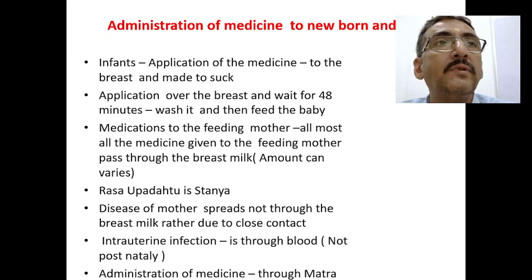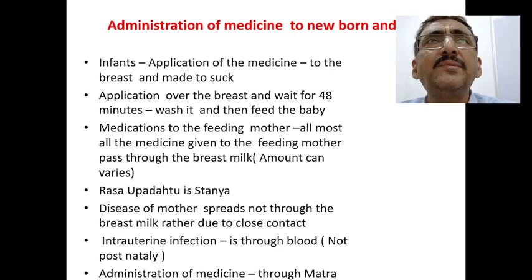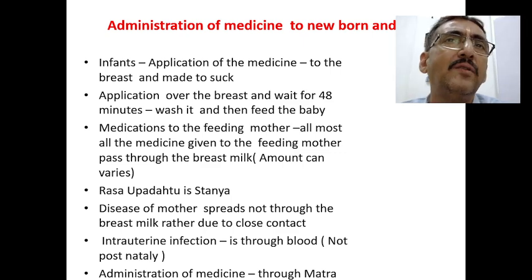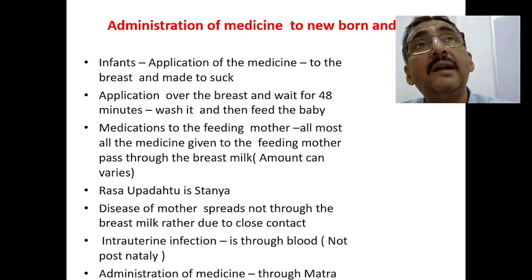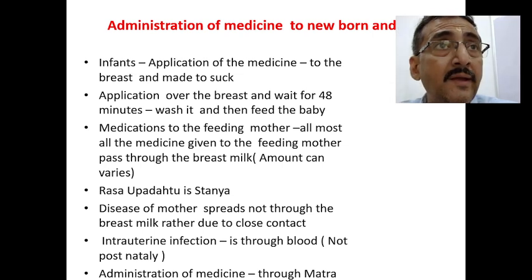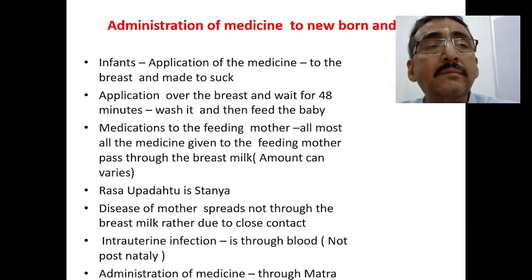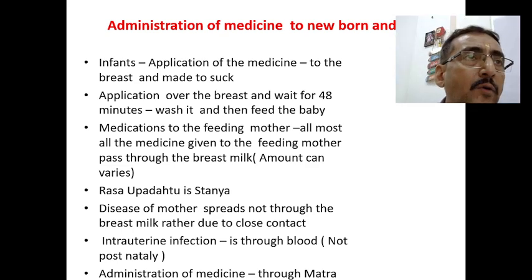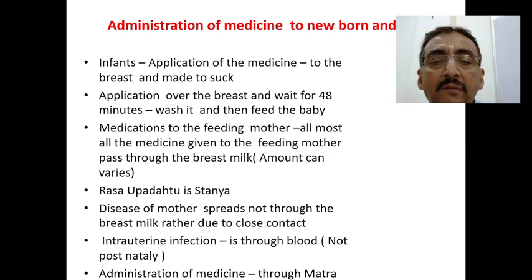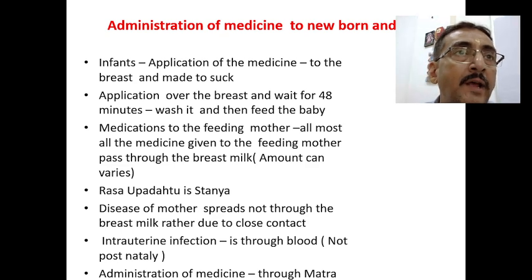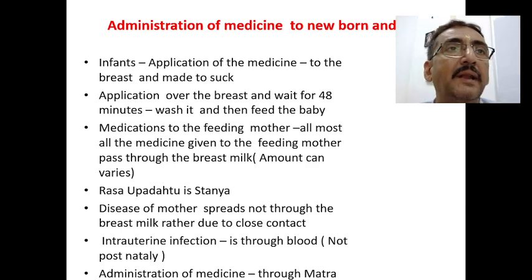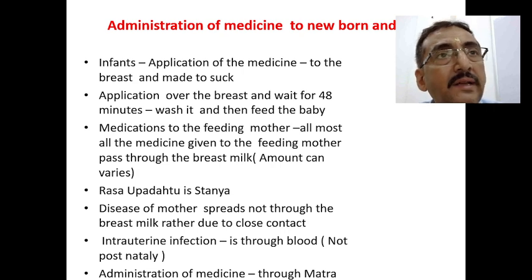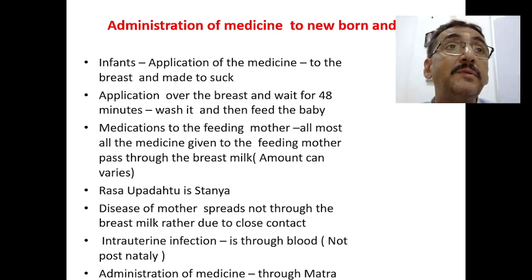Suppose there is a diarrhea episode; the chance of spreading is very less. If the mother is suffering from diarrhea and the child is also suffering from diarrhea, there is less chance. But if the child is suffering from some infectious disorder, and the baby is brought very near to the breast, it is a very close contact, and because of direct contact, close contact, or droplet infection, the infection can spread to the mother. Otherwise, it is not possible. No disease will spread through the breast milk. Virus or bacteria cannot directly go inside through the breast milk. Only the antibodies produced against that bacteria can pass through the breast milk to the baby, which is quite beneficial.